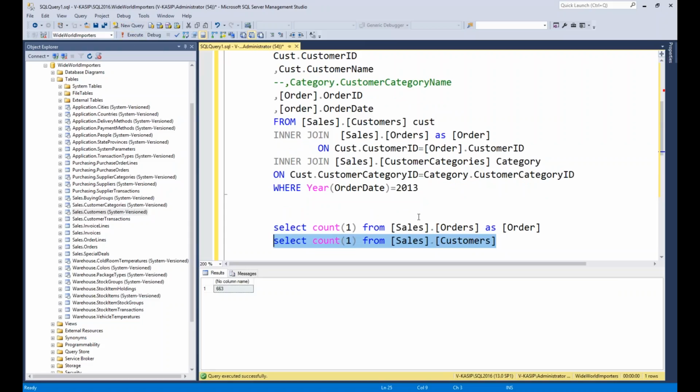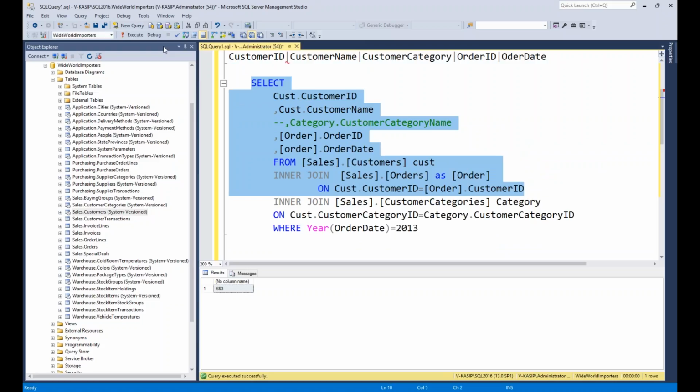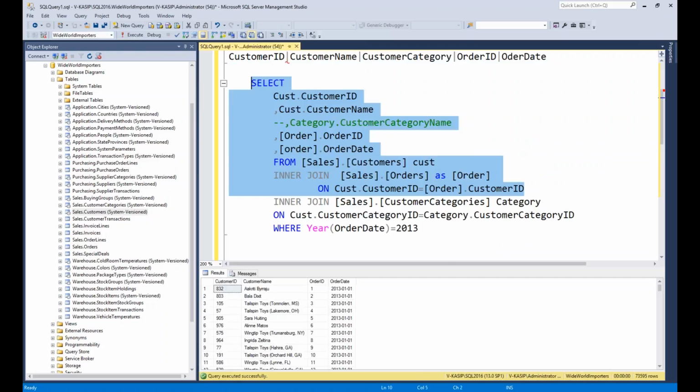I have 663 customers. When I join these two, we'll get 663 only, correct? No. 73,595, because each customer has more than one record, so each record will be shown.